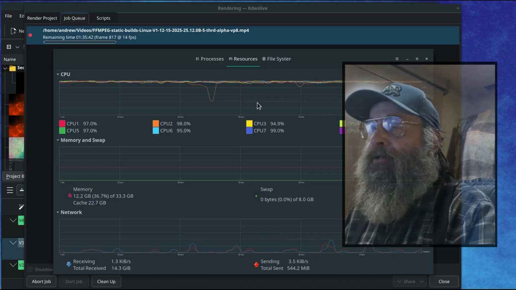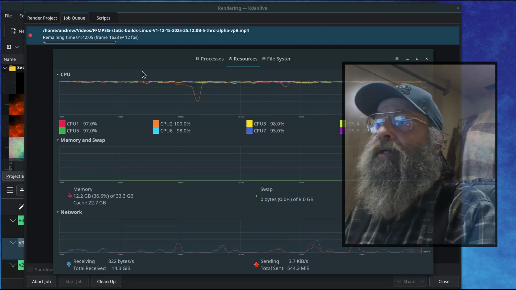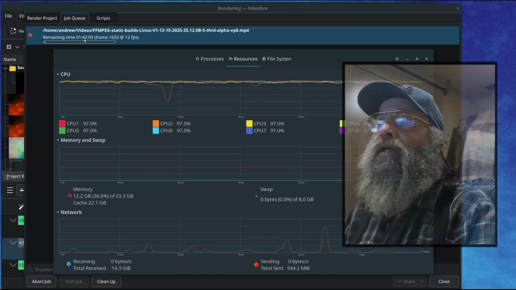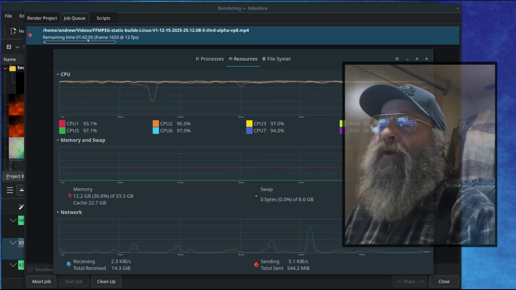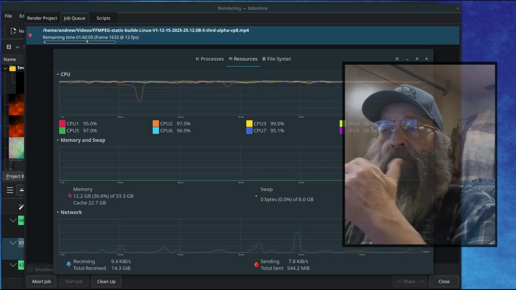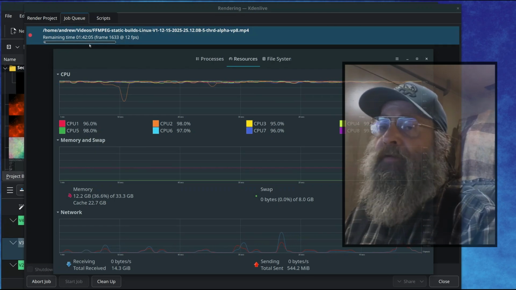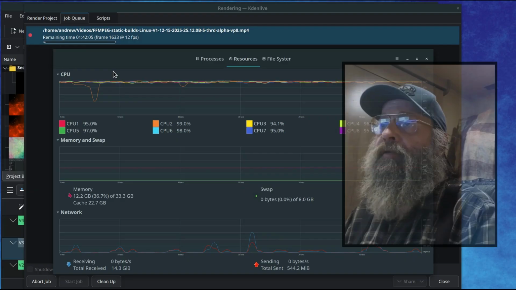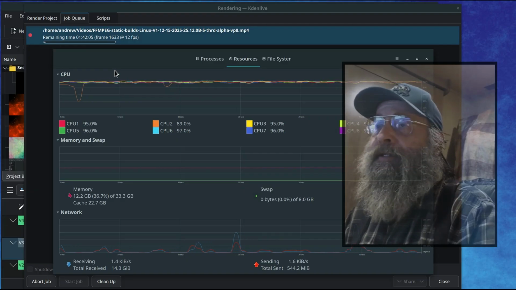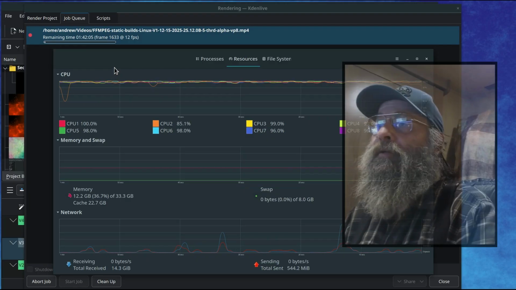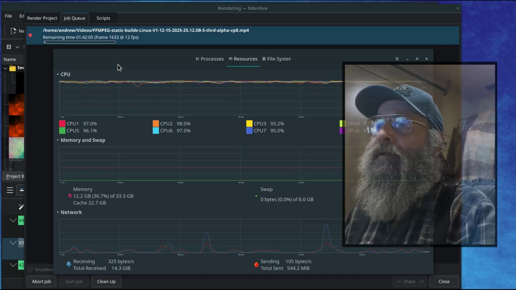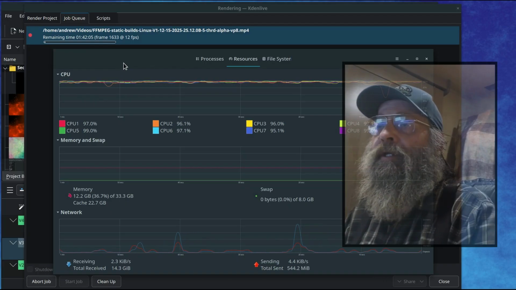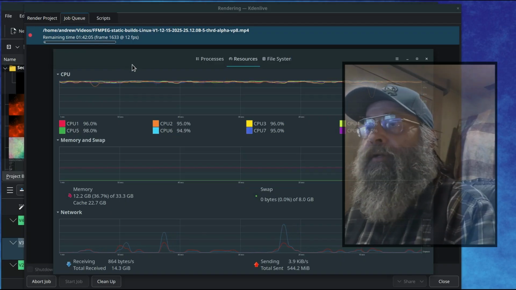So without my actually noticing it, because I was busy talking, this is showing an hour and 42 minutes. And if I remember correctly, this is with the hardware GPU participating. And this might seem like bad news, but this is actually the good news, because without the hardware GPU participating in the encoding and the rendering,